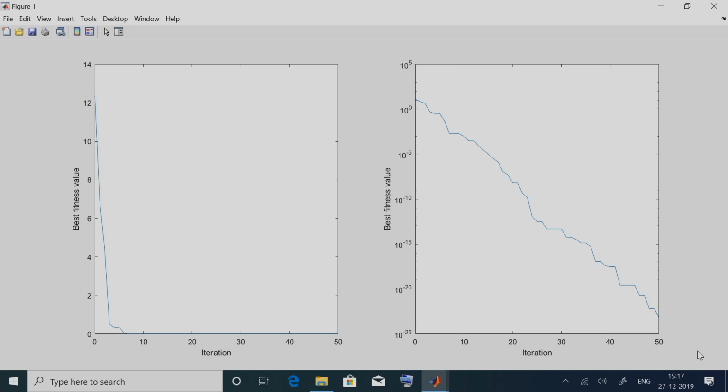If we increase the number of iterations, it might converge at some point, or we need to increase the population size. This is how we analyze the performance of the algorithm using the convergence curve. If the values vary drastically in magnitude, then we choose to plot semi-log graphs, else the normal graph should be sufficient.